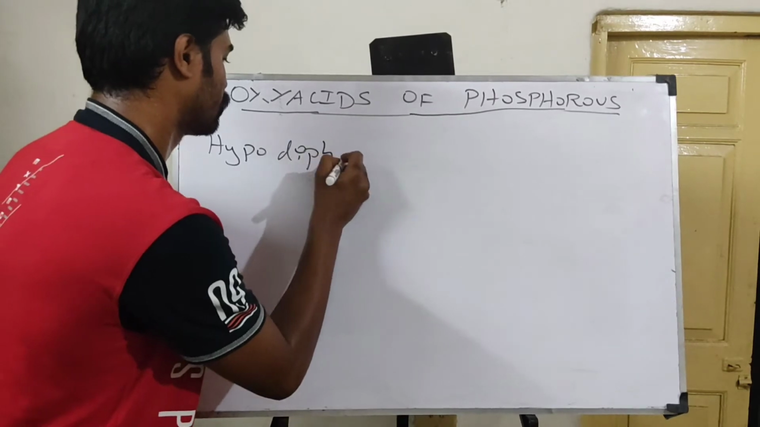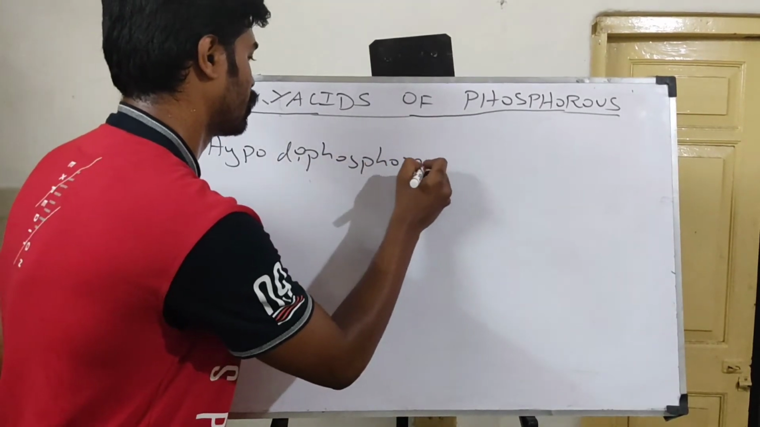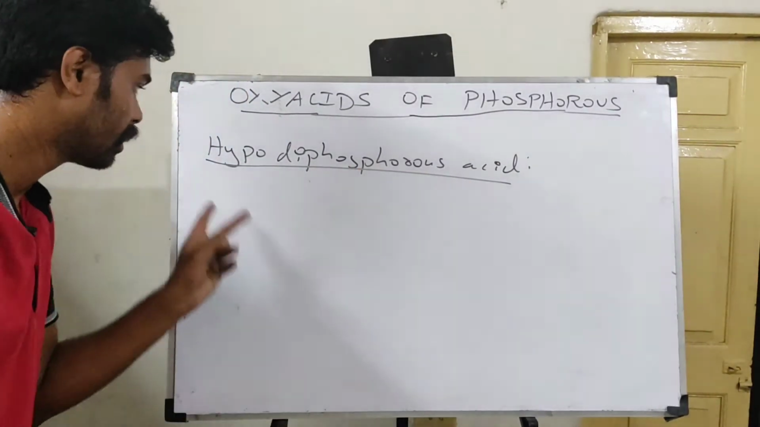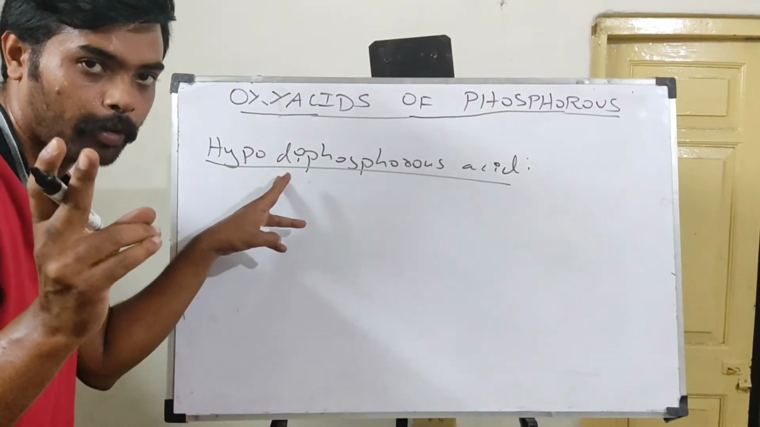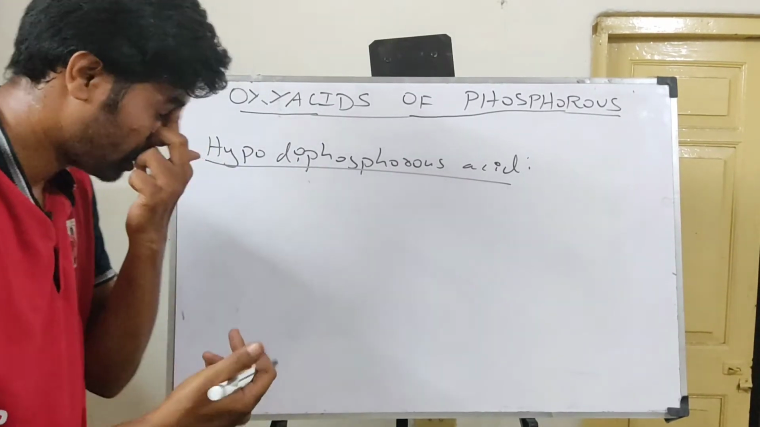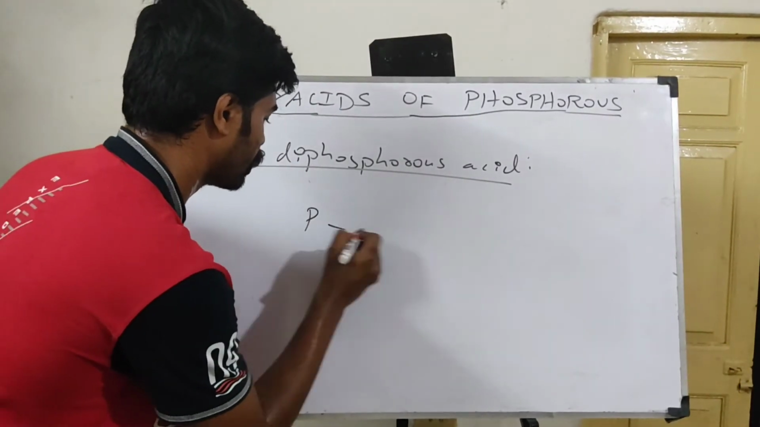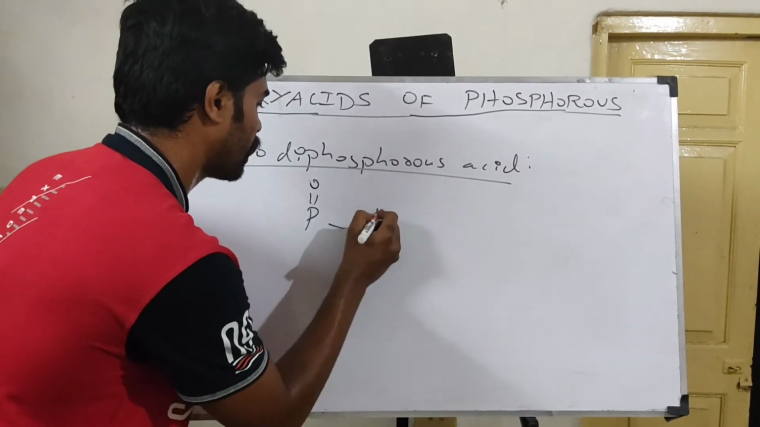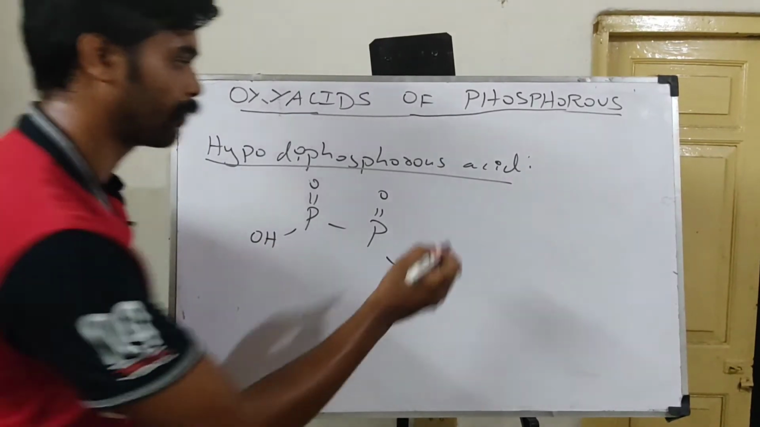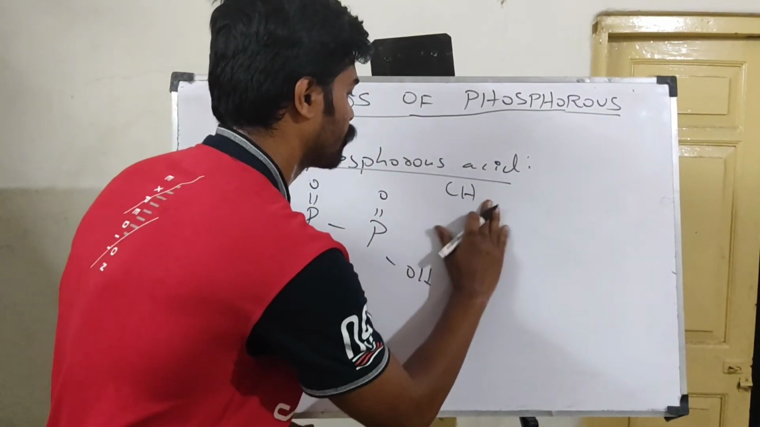Hypodiphosphorus acid, right? So again di is there, two phosphorus atoms, and hypo I told you represents when I am going to have a P-P bond. So this is how it's going to be. I'm going to have a P-P bond, each of them having one P=O and one P-OH. Okay, the formula actually